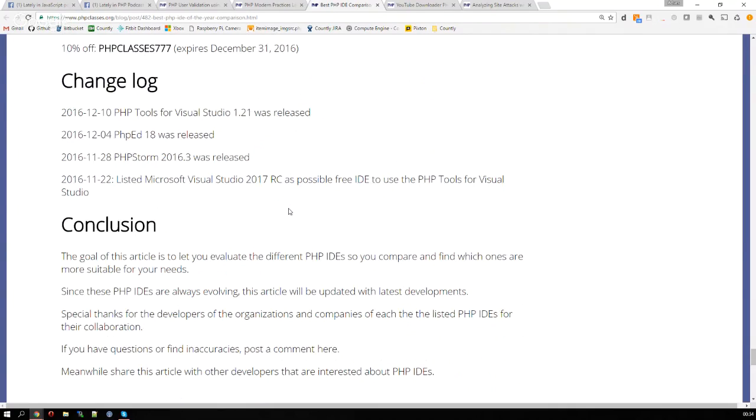Over time, this article will be updated as there are new versions. There are already a few updates with some information, especially those that were updated recently because of PHP 7.1. But okay. Anyway,